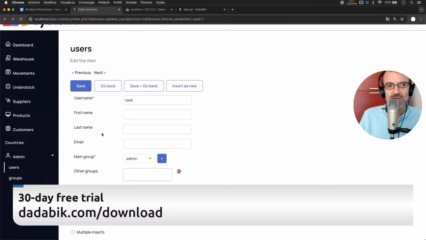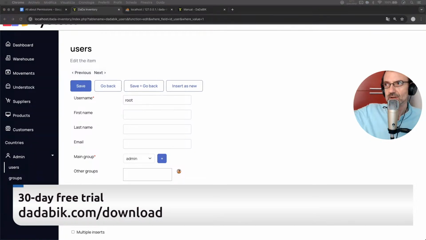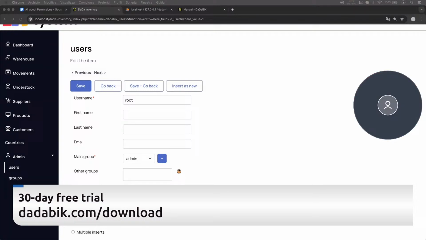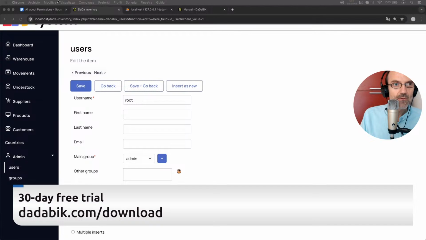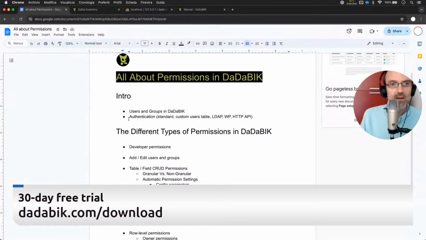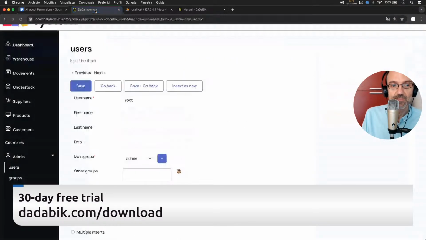So users and groups. This is what you need to know for the moment. You have in your application the list of the users and the list of the groups the users can belong to. Okay. So how are the users registered into the application? Well,